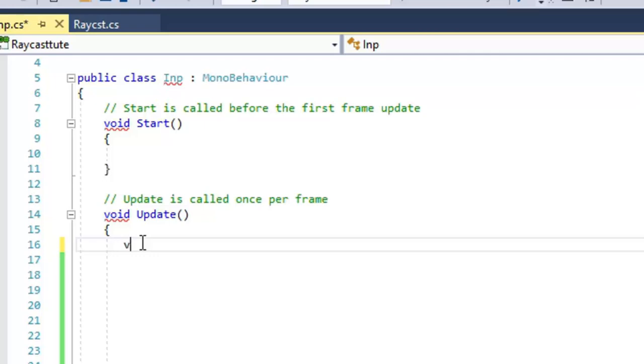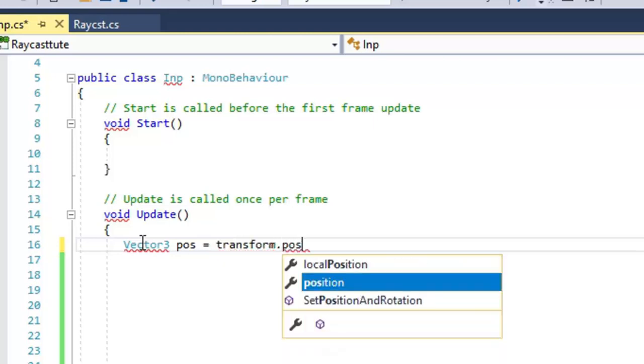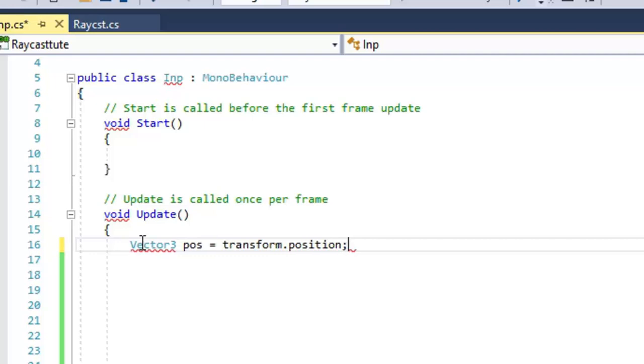First of all, we will create a Vector3 variable, and it will store the position of the object with which this code is associated. This code is associated with that cube.